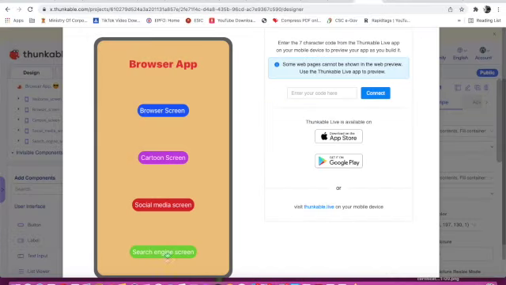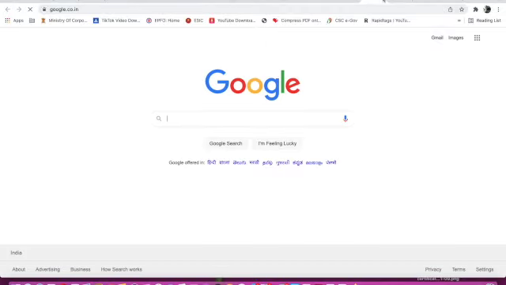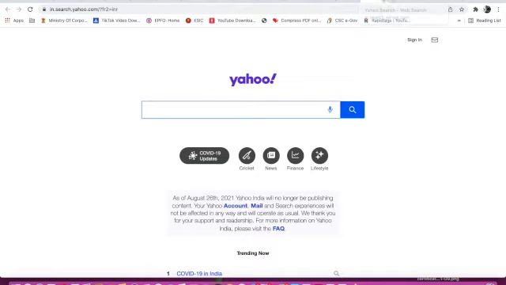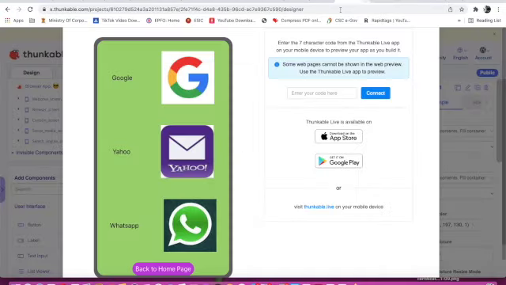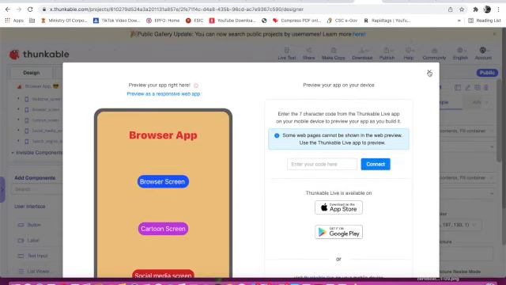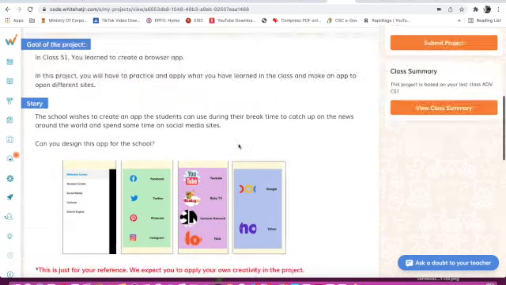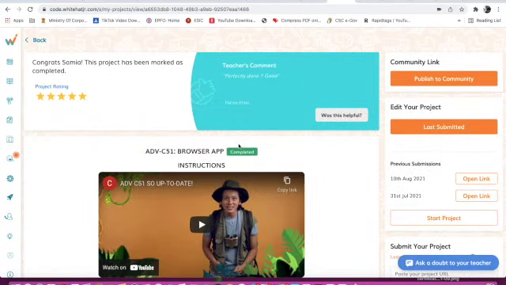And then back to home page. Search engine screen. Google, then Yahoo, then WhatsApp, then back to home page. Oh yeah, it's working properly according to instructions. So here our project is done.